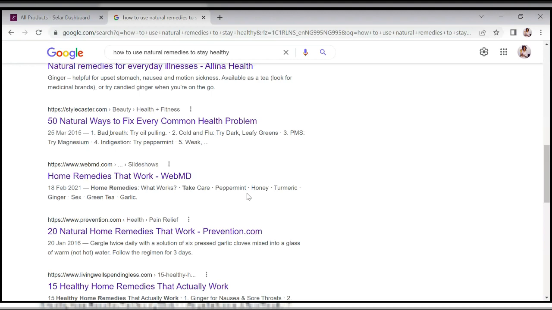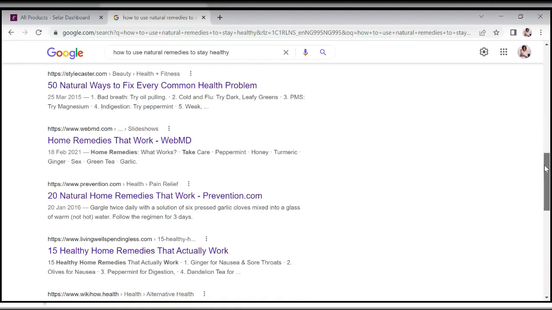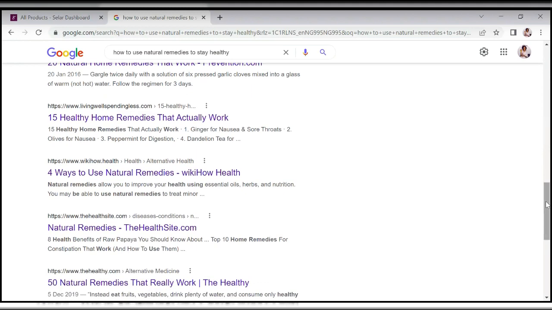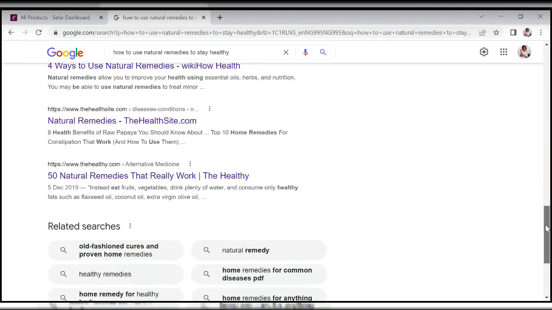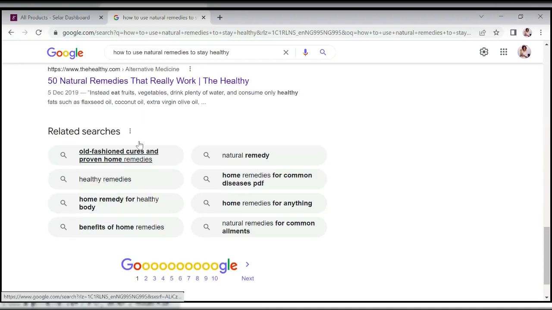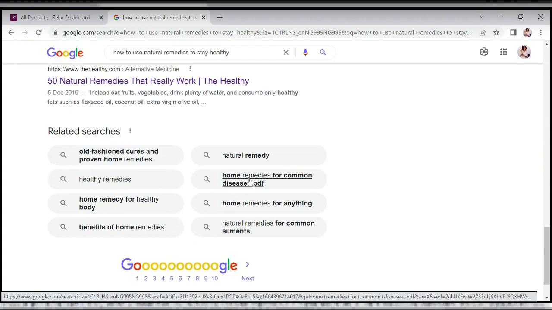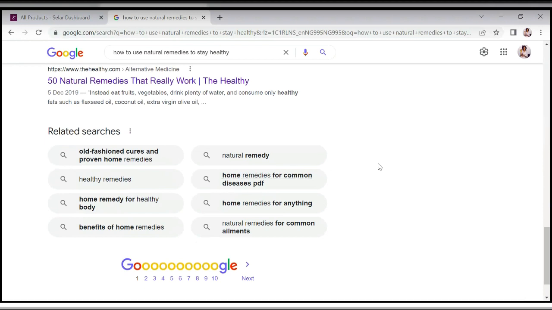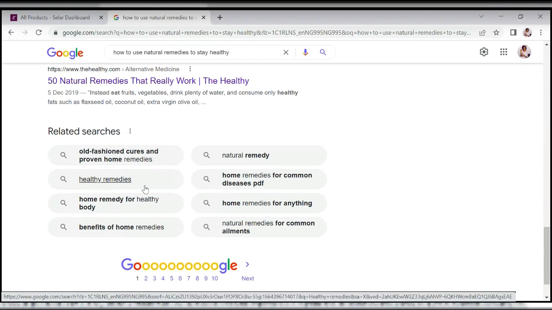So what you need to do is read through these people's blog posts. By reading it, you will know who they are speaking to. Can you see at the bottom here? Old-fashioned cures and proven home remedies and all of that. All of these things are the things people are asking Google. You can answer them. The people asking these questions would find you. You would have been able to include these questions and the keywords in your ebook or your course or your coaching program. The point is, all of these things will be in what you designed.